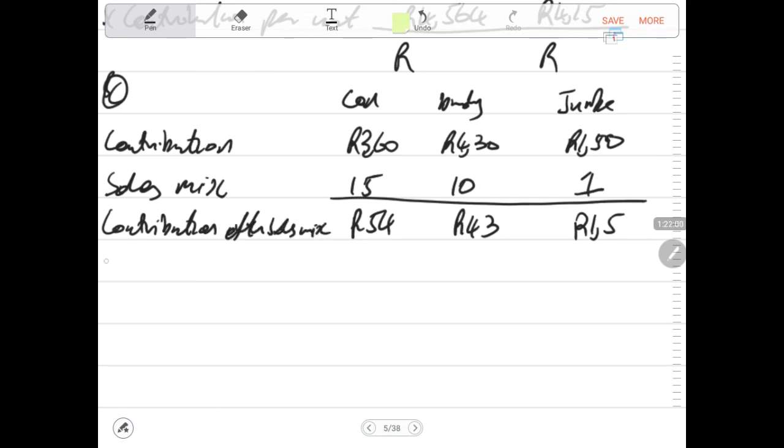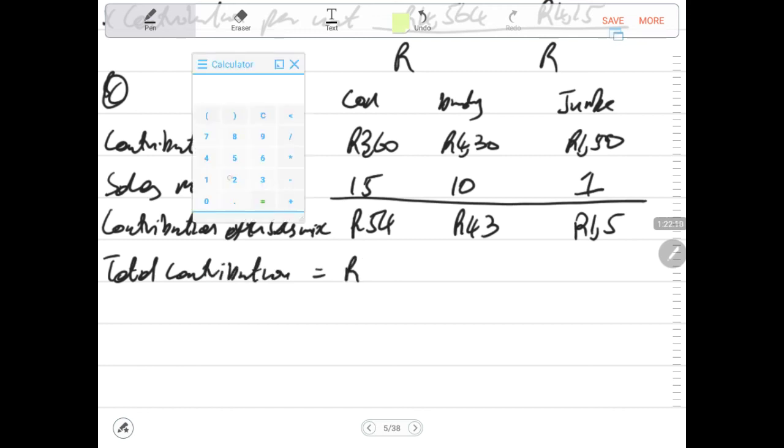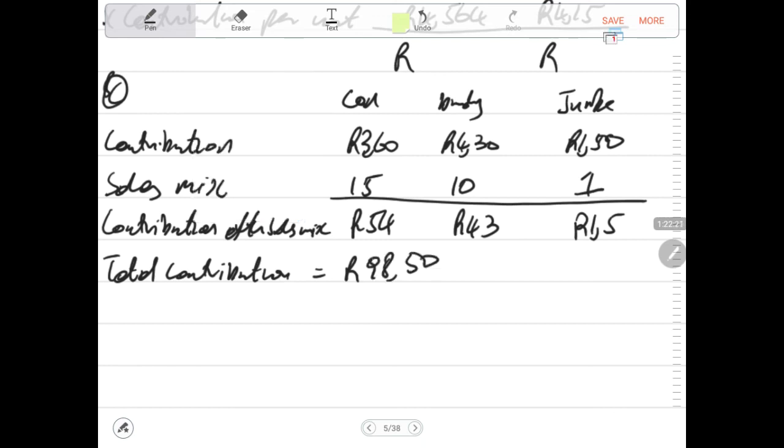Contribution after sales mix. Then we have our total contribution, or weighted average contribution. This contribution will be 54 plus 43 plus 1.5. This gives us 98 rand 50 cents. Now that means we need to say our break-even point